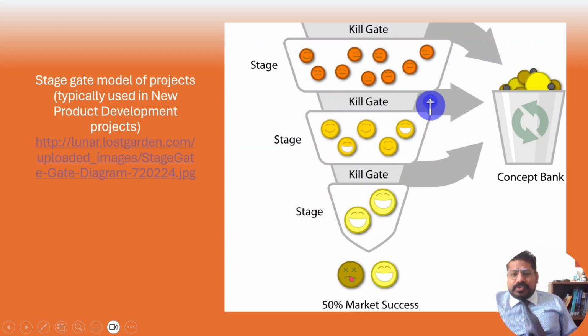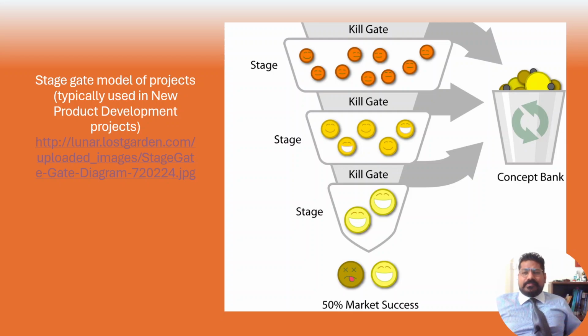Then after doing the feasibility study, 25 to 20% of projects are stopped, because the senior management realize that whatever they are going to do is not financially viable. They stop it. So these are stage gates. So normally it's a 50% success rate towards completion and killing of a project, and this data may vary depending upon industry to industry, but the concept is that every time when you are doing